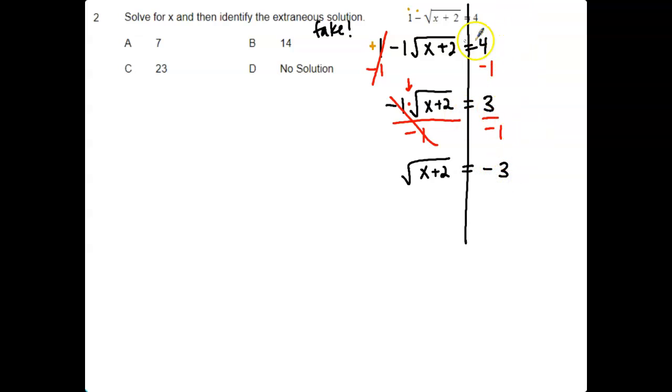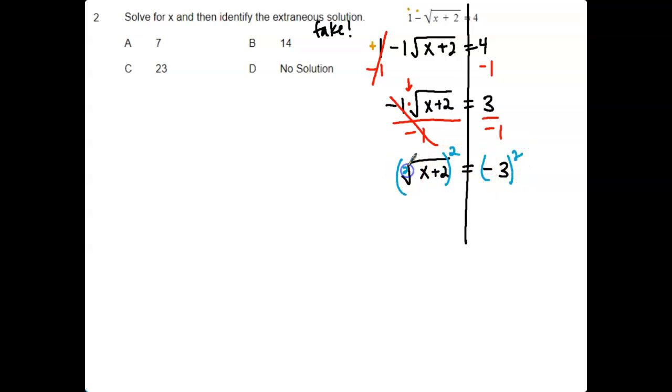This beginning part up here, this is where most of you all had issues, if you had an issue. So make sure you understand why that is happening and the difference between this 1 and this negative, and how this first one is being added because it's a plus 1, versus how this negative sign is being multiplied. All right, so now that our radical is by itself, we are going to square both sides,